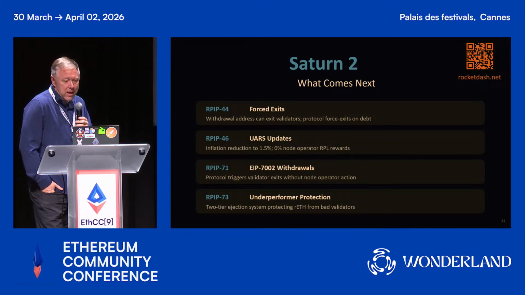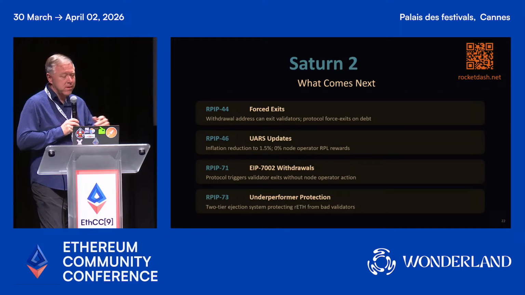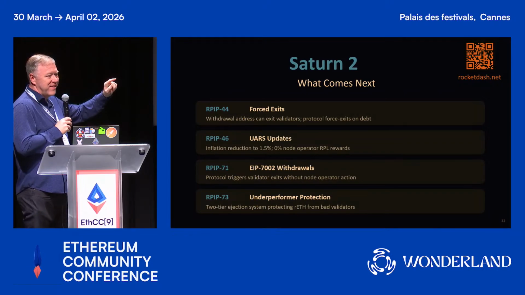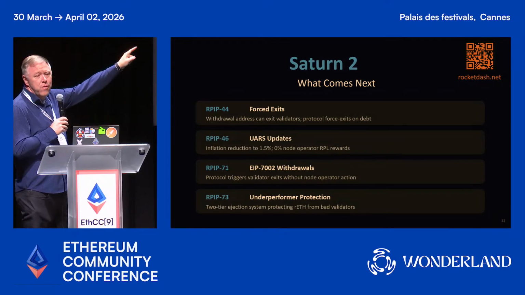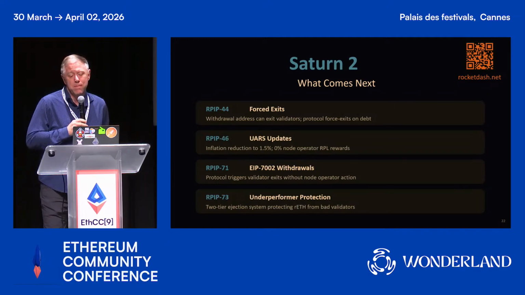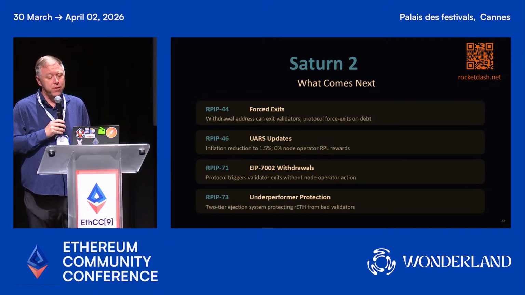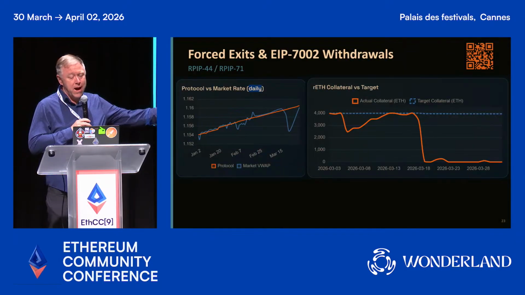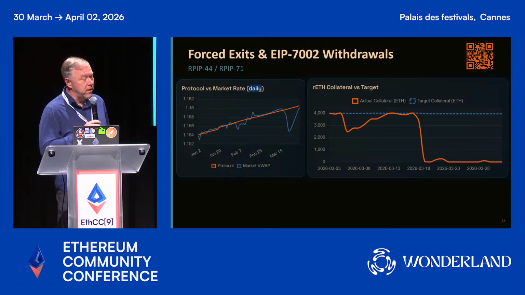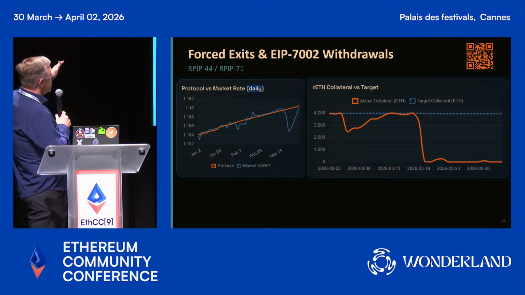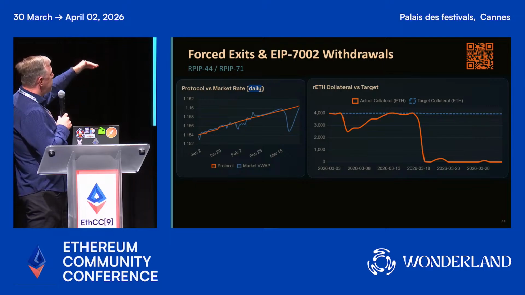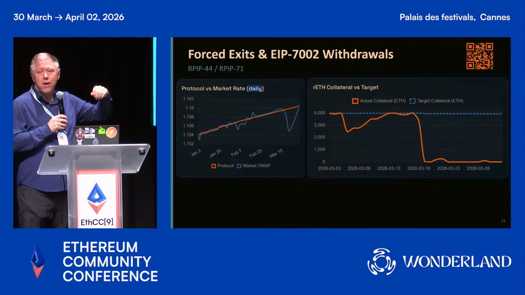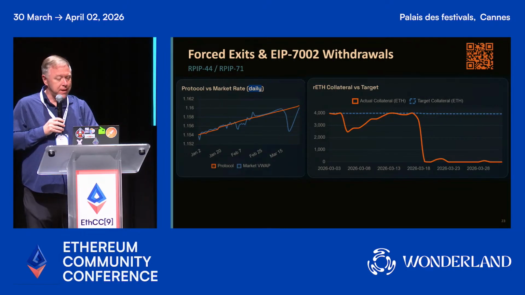And in line with this, I think one of the great sites, and I definitely want to give it out here in the last 60 seconds I have here, is just this QR code up here for another community member, Steely, that produced, I think, one of the most beautiful dashboards I've seen yet come out of the Rocket Pool community, which is Rocket Dash. And in there, you can see just kind of wonderful graphics. And there's a couple here I shot here that if you're an RETH holder, you can see what the NAV price is in orange and how well the protocol is keeping the NAV price or coming off a NAV price.